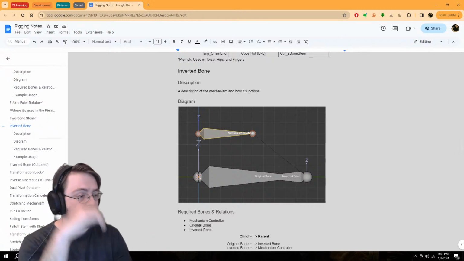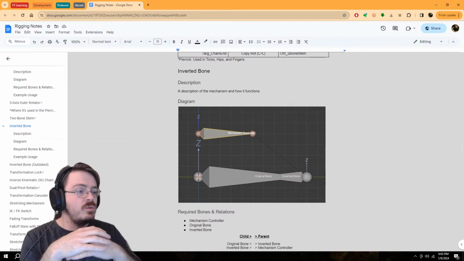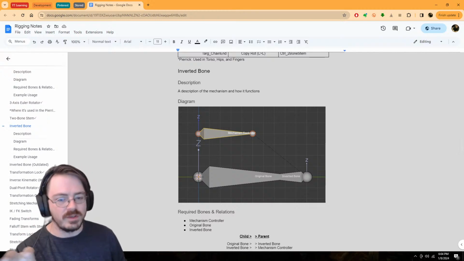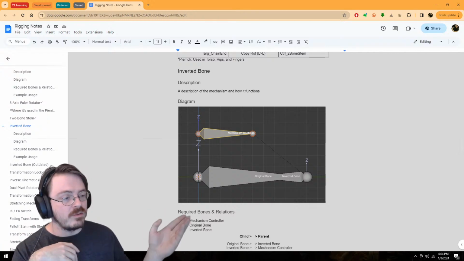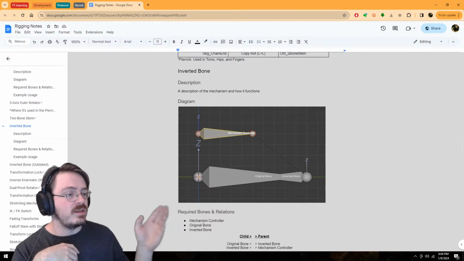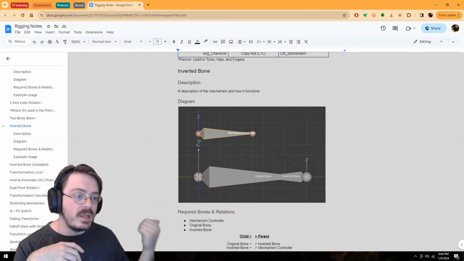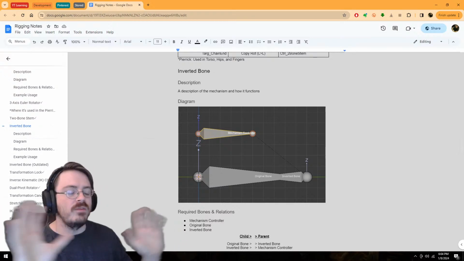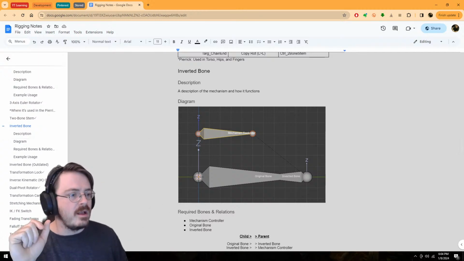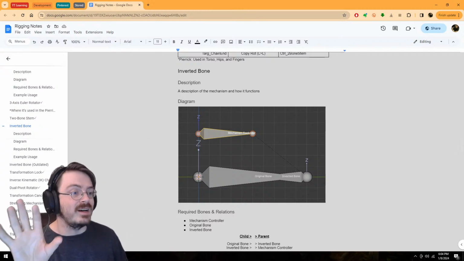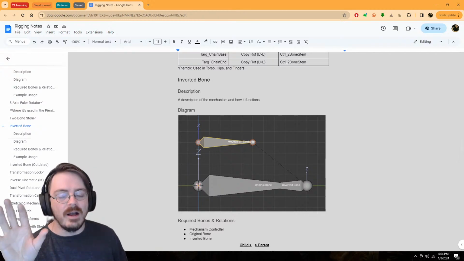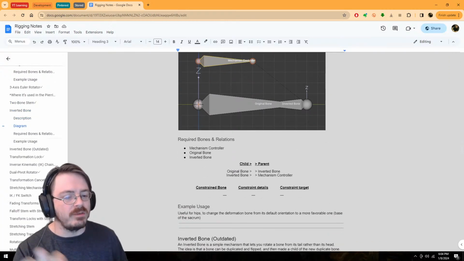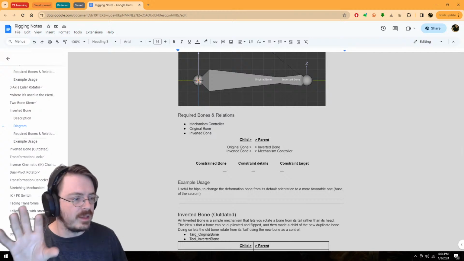Something I didn't have before, and something I encourage you to use, is whatever tools you need in order to actually document things for yourself. In this case, images work fine for me, and I'm in a very specific document taking a lot of time. This is covered in Parik's tutorial in about 45 seconds, like, here, let's do this. But I'm taking minutes and minutes, if not tens of minutes, to do this whole thing: I have a description, a little diagram, and a full breakdown of all of the components.